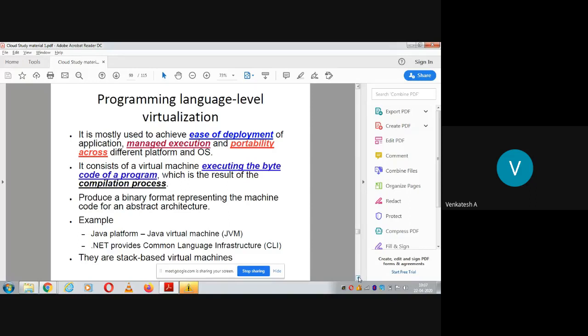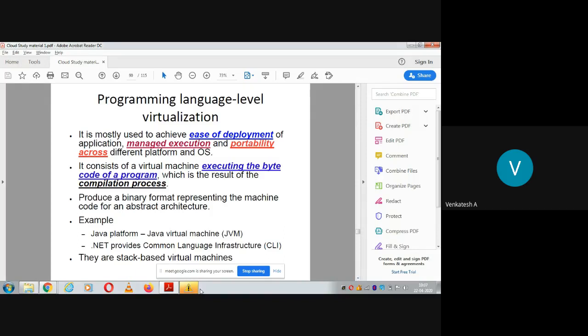programming level virtualization. The meaning is that, for example, you write your program in Windows and you compile it. The outcome, as you know, is the .class file. You take that .class file instead of the source code and you can run it in any environment. Okay, that is the examples they have given here.